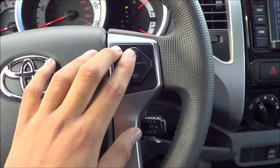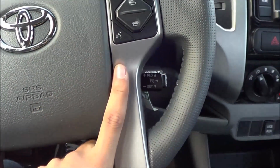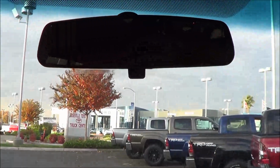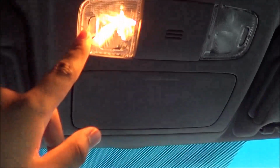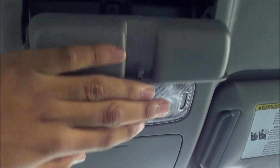Then coming right here, you have your Bluetooth phone controls, and then your cruise control stalk is right there, and then your voice recognition. Coming right here, you have your manual dimming rearview mirror, then your sunglass container, and then interior illumination lighting, then another sunglass container. I don't know why they would put 2, but...